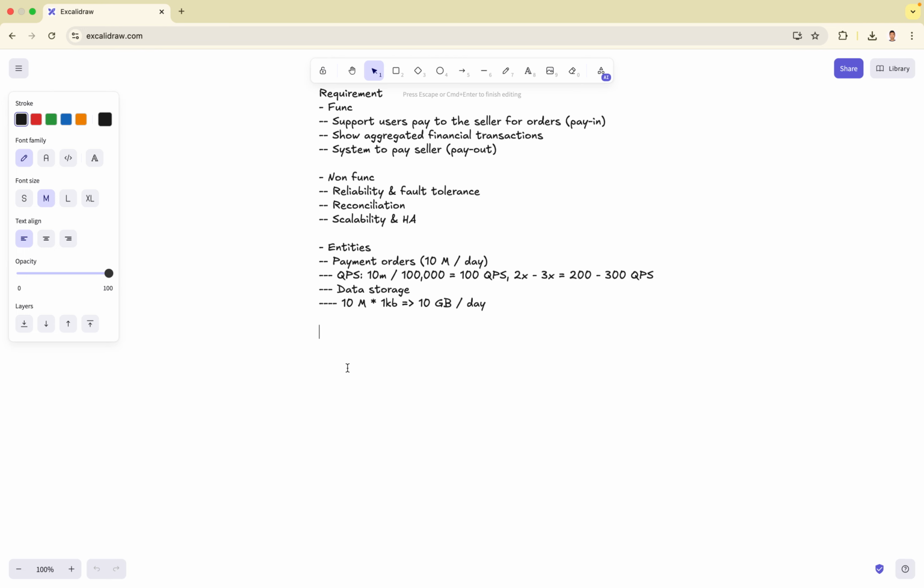And then let's start with the high level design. So now we know the requirements. The high level design will mostly work on the functional requirements. We will start with the API. Here we'll support the user paying the seller, so we'll have an HTTP POST API for the payment, and then we'll have the JSON format